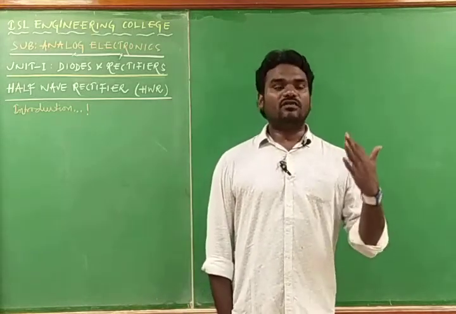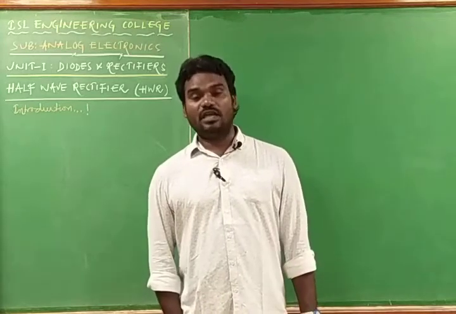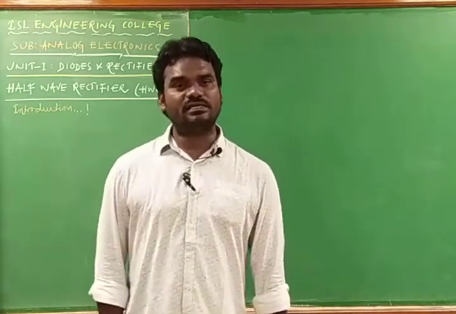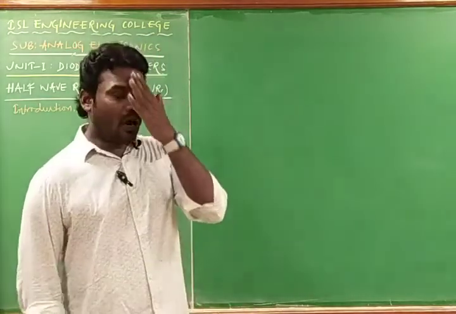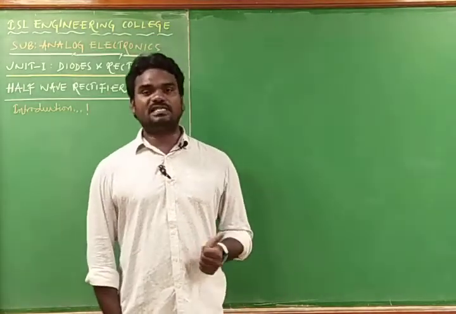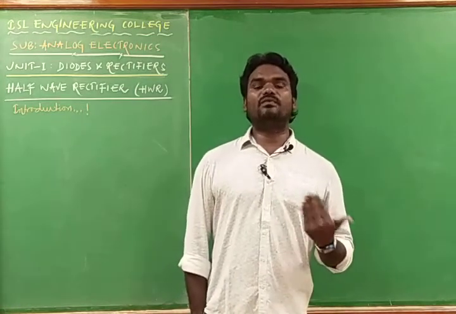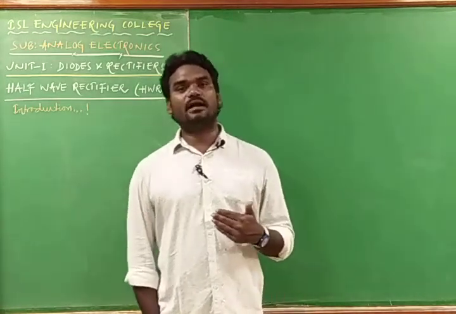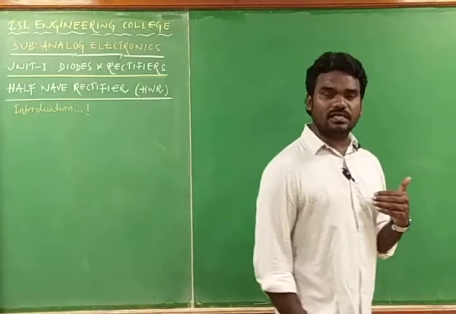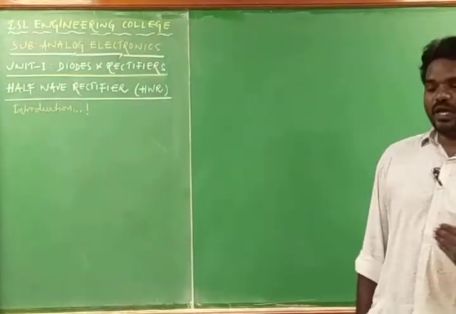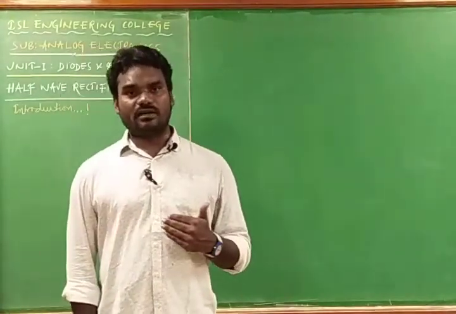To know this, we have to consider 5 parameters in analyzing all the three rectifiers, in which the first parameter we discussed last class, that is average values or DC values. That means the output of the rectifier is obviously pulsating DC, and what amount of DC we have been getting at the output side, that may be voltage or current, we must calculate. That is nothing but DC values or average values. Next one is RMS values or AC values. These can be calculated in the input and output of the rectifier.